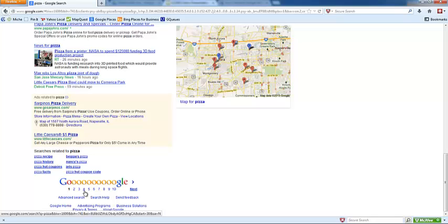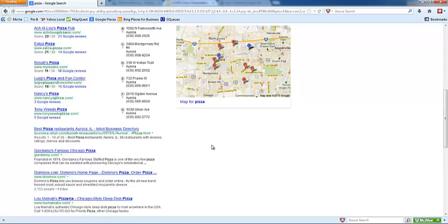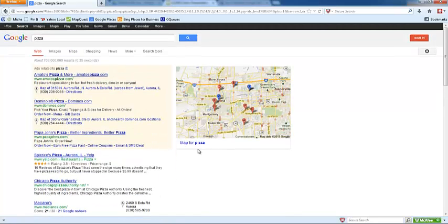But I can tell you that most people are going to look at the results that are on page 1, especially those that are at the top of the page. If your business is not listed on page 1, then you more than likely are not getting enough traffic to your website, which in turn means that you are more than likely not getting as many customers through your front door as you possibly could be. This is where search engine optimization comes into play. By engaging in SEO activities, you give your website a better opportunity of ranking for higher positions on page 1